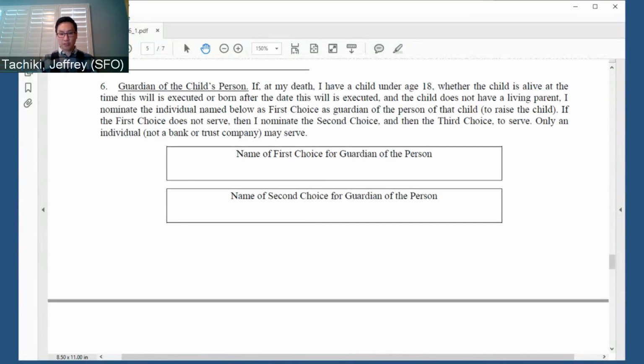If there is zero relationship there, obviously you're probably not going to pick that person. But look, we all have limitations, and so you've got to work within the people around you to make the right choice here. I think that also applies to geography as well. A lot of us here in the Bay Area are transplants, and to the extent that you don't have any family here in the Bay Area, or that you don't have friends that you trust to fill that role here, maybe you are stuck picking someone who lives quite a distance away. And sometimes, if that means picking someone who lives in a different state, it raises another issue,